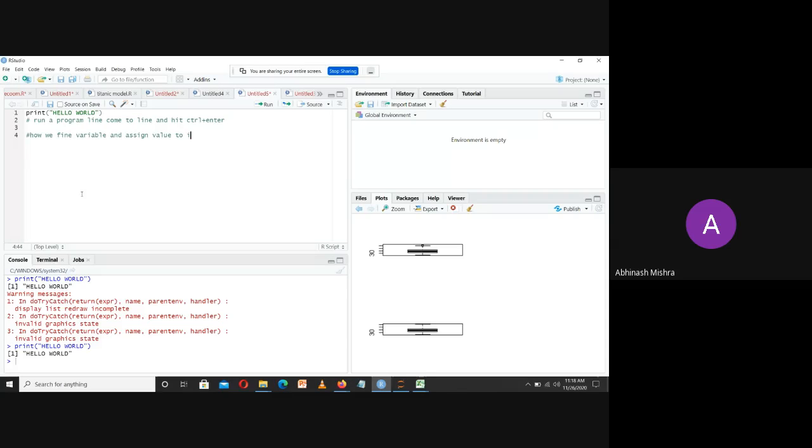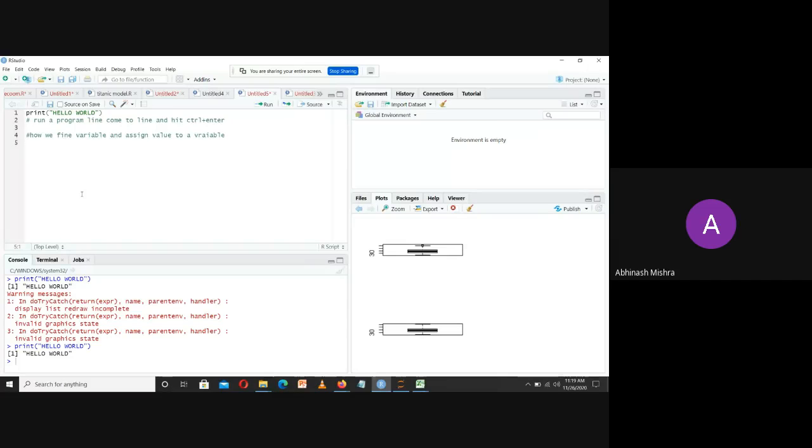I first have to make a variable and assign a value. Why? Because if I am importing my data from some external files, then that external data should also be saved in a variable, assigned to a variable.